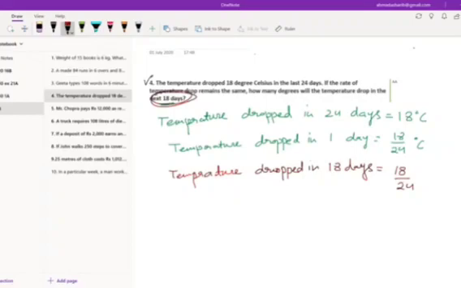Now you just solve it and find the answer. You can reduce it by 3. 3 8s are 24 and 3 6s are 18. Now 2 9s are 18 and 2 4s are 8. So 9 into 6 upon 4, which is 54 upon 4. Now just divide 54 by 4 and tell me the answer. 4 ones are 4.